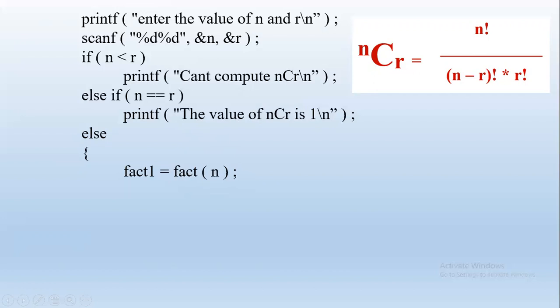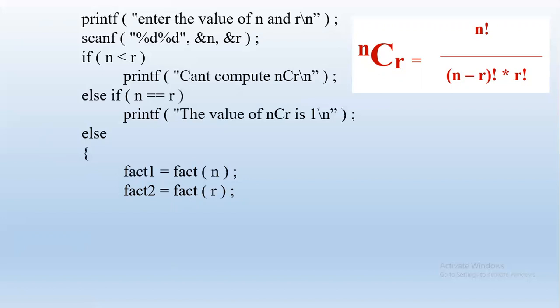So it finds the factorial of 5, and 120 gets stored into fact 1. Next, we have another function call for the same. Note that now the actual parameter is r, that is 3, right? Factorial of 3 is found. The value of r is the actual parameter that will get copied to the formal parameter in the function definition. There it was n. So n now becomes 3, right?